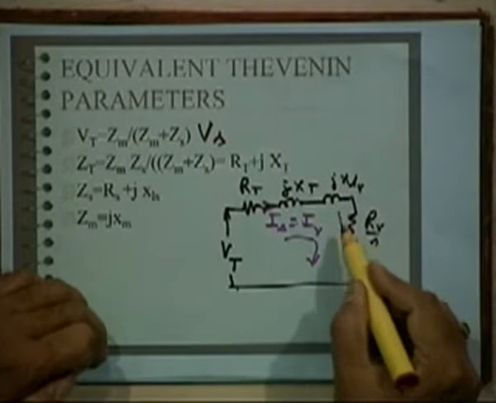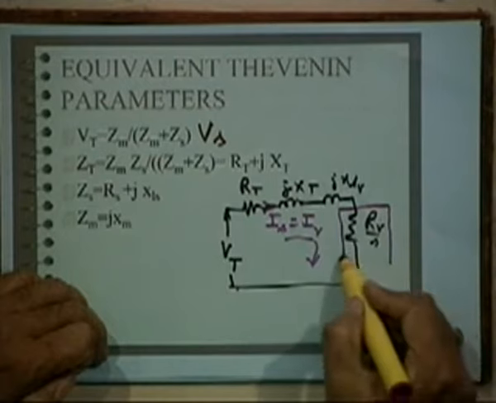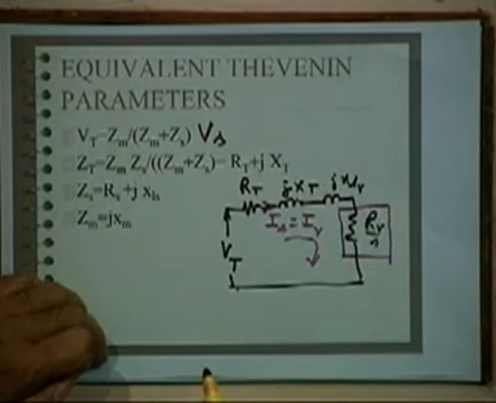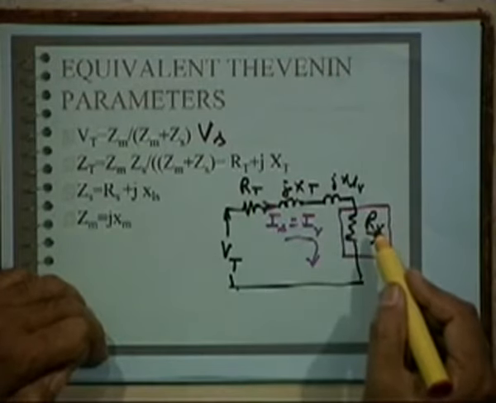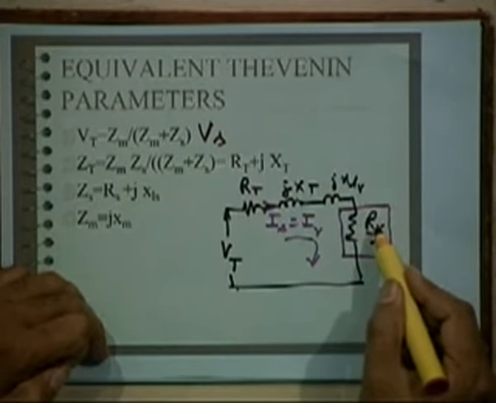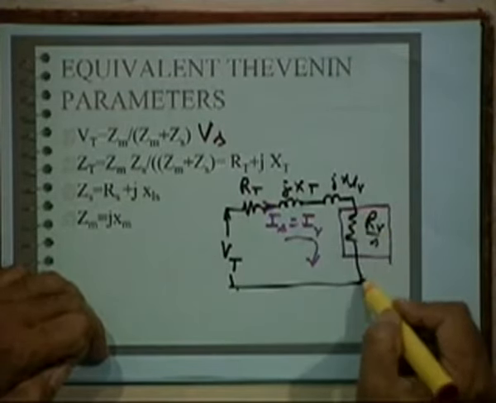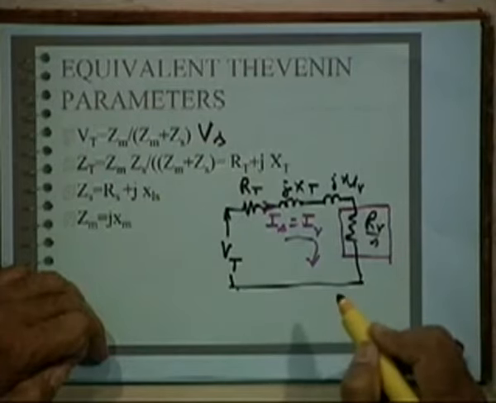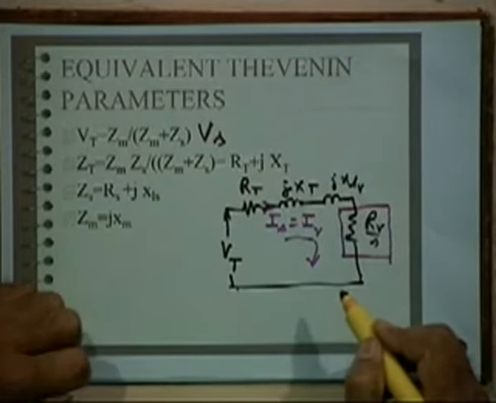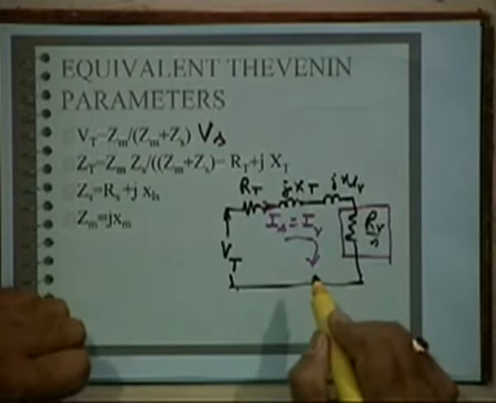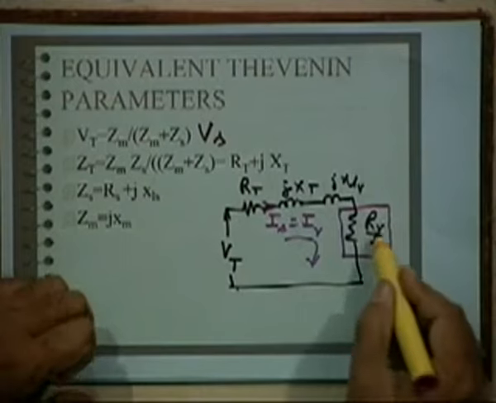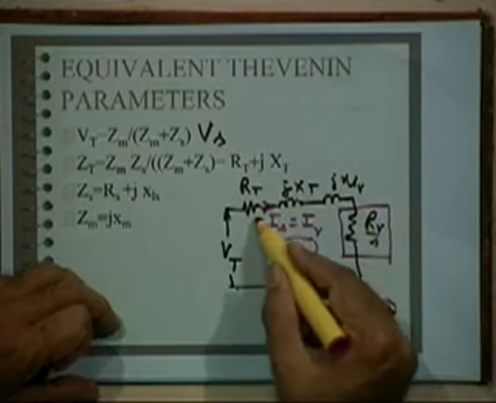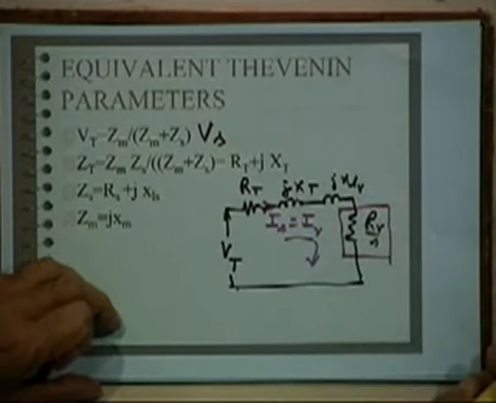Torque expression is whatever is the power that is absorbed by this element, isn't it? Power absorbed, when that power is maximum, then torque is maximum. So because this is IR square RR by S, when will the power absorbed by this element be maximum? There is a maximum power transfer theorem. That is at that value of slip in which the impedance here will be equivalent to the rest of the impedance. Right? When RR by S becomes equal to this impedance, that is a condition for maximum torque.